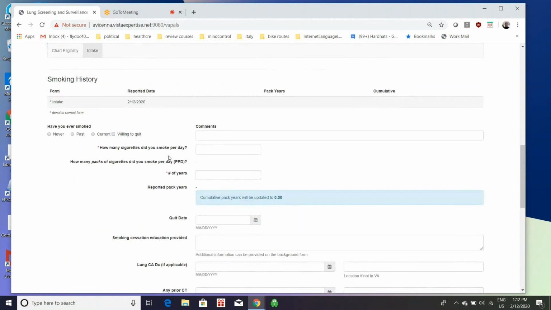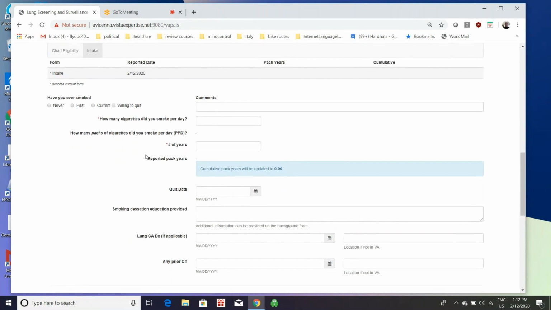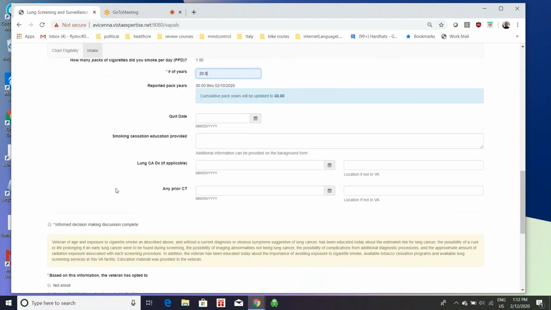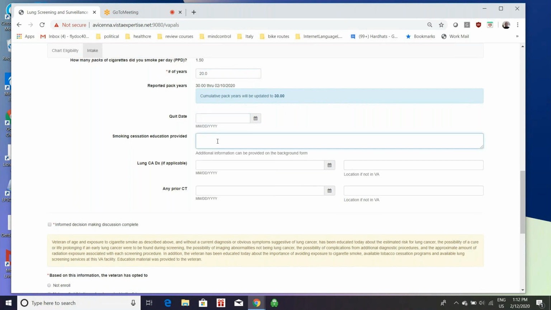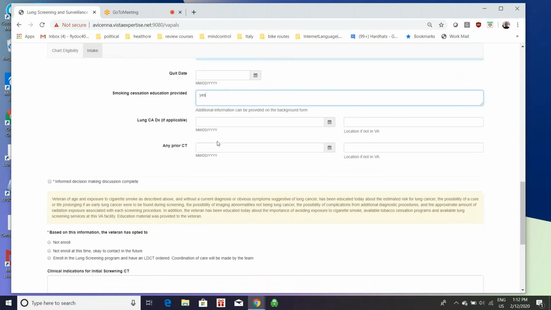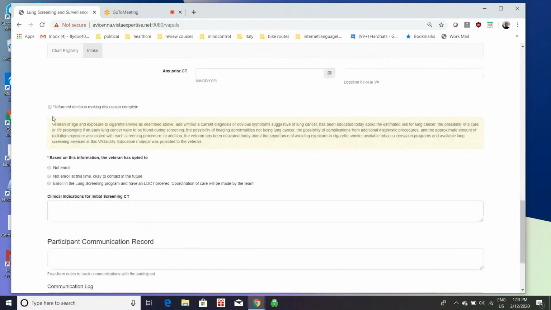And so now we're into the third section of the form, which is really asking more clinical data. This could be a current smoker that's willing to quit. Yes, they're willing to quit. How many cigarettes a day? Let's say they smoke a lot. They need to smoke a lot to actually get into this program, and there can be a quit date or not a quit date. I don't think I'll put one in this time. And also if there was any kind of lung cancer diagnosis, it could be put in here. And if there was any prior lung CT scan, you could enter those as well,